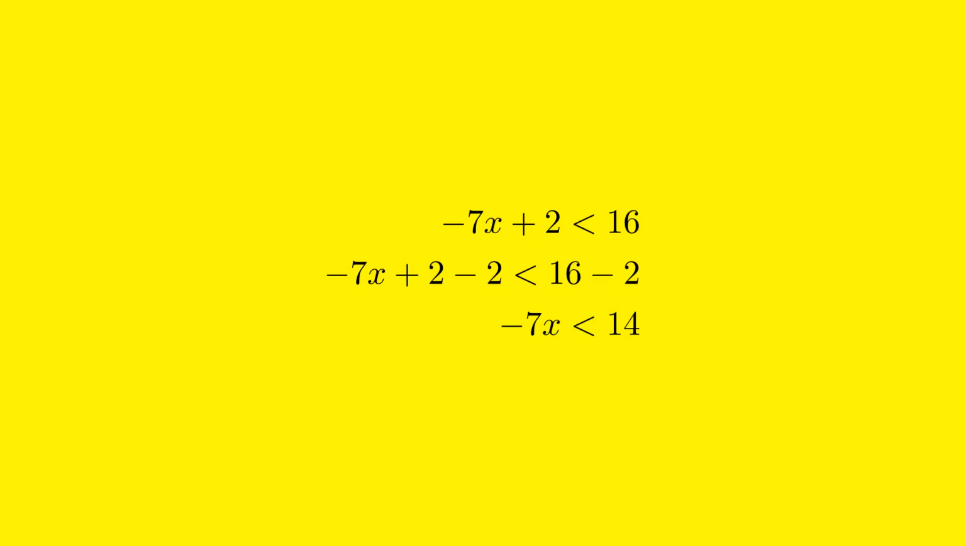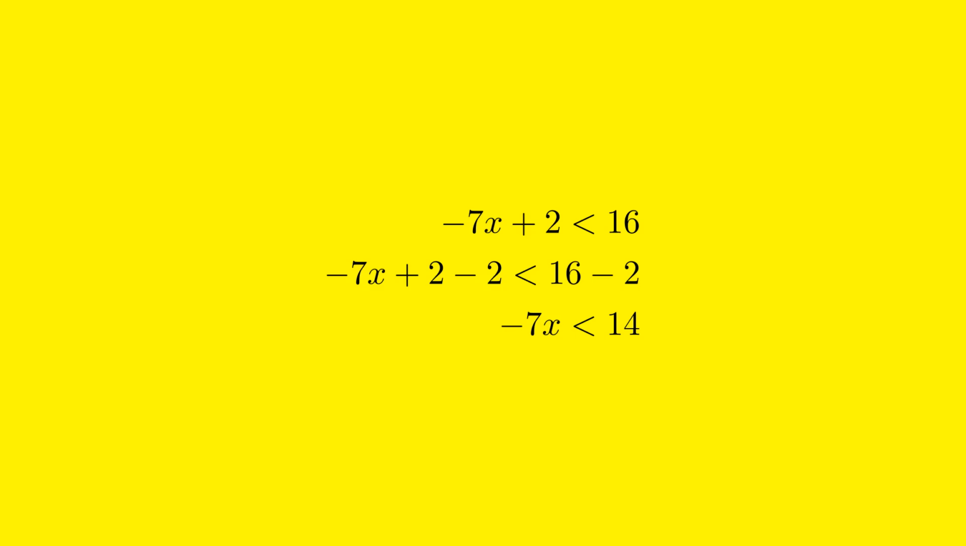Step 1. To solve the inequality -7x plus 2 is less than 16, we first aim to isolate the variable x on one side of the inequality. To begin, we need to eliminate the plus 2 on the left side. To do this, we subtract 2 from both sides of the inequality. It is important to maintain balance. Whatever operation we perform on one side of the inequality, we must also perform on the other side to keep